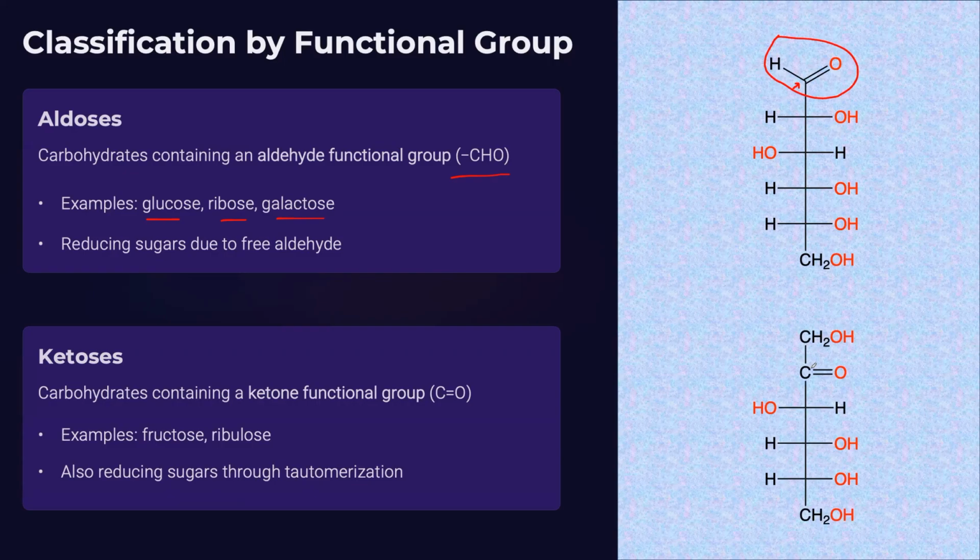Because this aldehyde can undergo oxidation, they can reduce an oxidizing agent, and are then known as reducing sugars. I've shown previously that in the definition of carbohydrates, the functional group should be at the topmost or close to the top. This is an example. The topmost carbon is here, but this is close to the topmost carbon. And an example is fructose here, which is a polyhydroxyketone. So these are known as aldoses and ketoses.